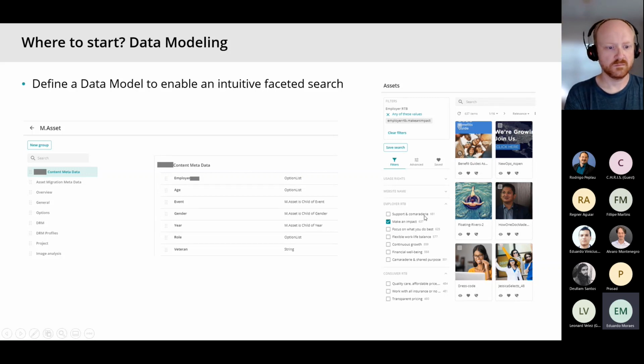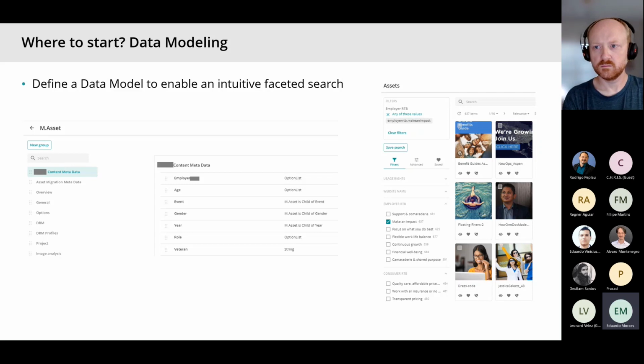For example, on the right side of this screenshot you have some facets, such as employer RTB and consumer RTB. You can check one of the checkboxes there, and only the assets tagged to that would show up. So that makes their life easier.